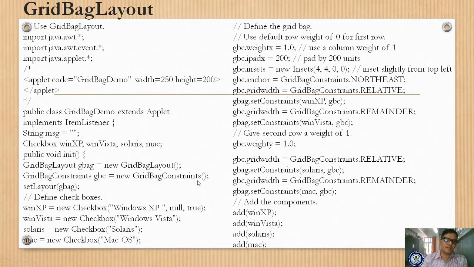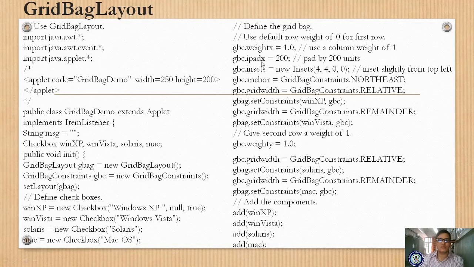You are creating the GridBagConstraints object and setting the layout to the grid bag layout. Now you create one checkbox, WinXP with the label WinXP, which is selected by default, WinVista with the label WinVista, Solaris with the label Solaris, and Mac with the Mac label.